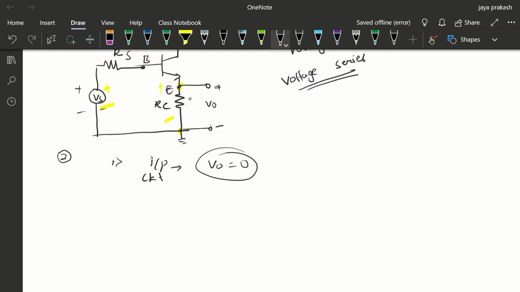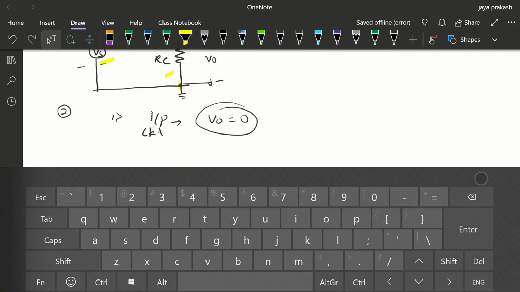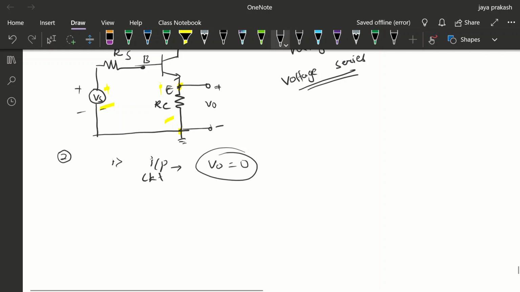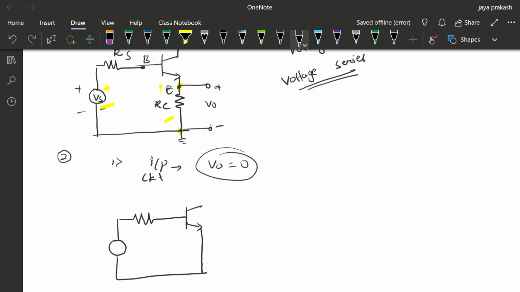So we have to make V0 equal to 0, which means we have to short this RE. If we make RE shorted, then on the input side, this is shorted, and this is Vs, and this is emitter, RS,